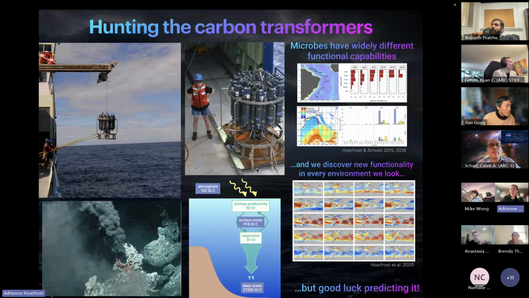So I'm at the University of Georgia in the Marine Sciences Department, and I've always been a marine microbiologist by training. I study microbes that impact carbon cycling and try to map that back onto their environmental conditions and how those co-influence one another and what that means for global scale carbon cycling. I'm not going to talk very much about my research, but the main note I want to hit here is that